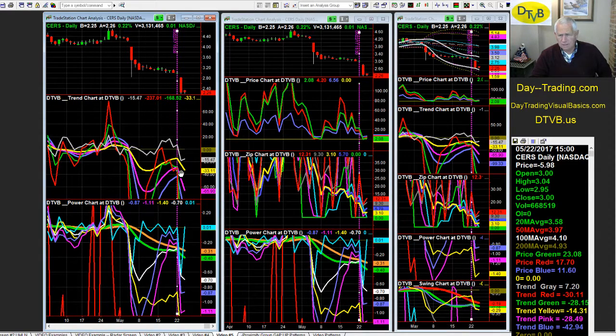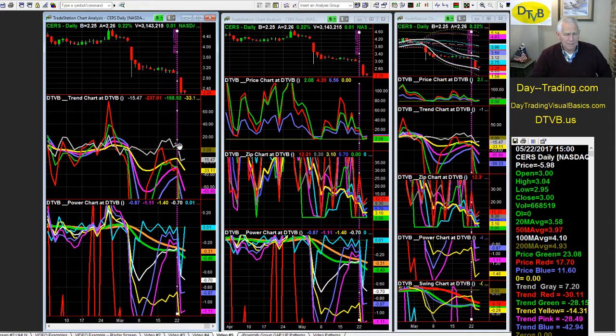Trend red is at minus 30, trend green minus 28.1, and trend pink at 28.4. So green is the highest and red is the lowest. We have an uptouch, which means a reverse. Contributing factors to that are